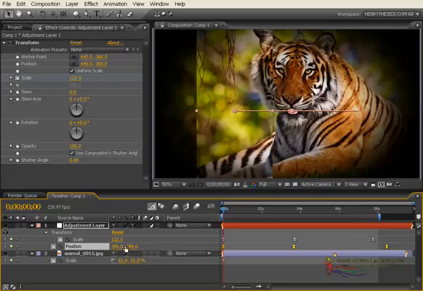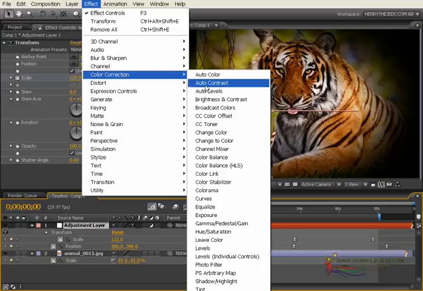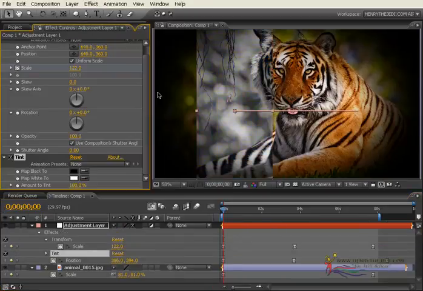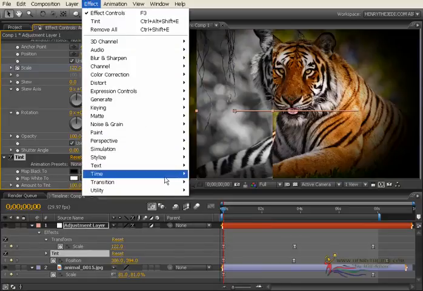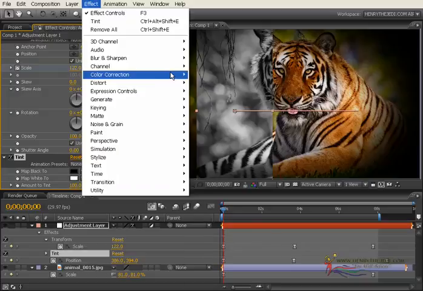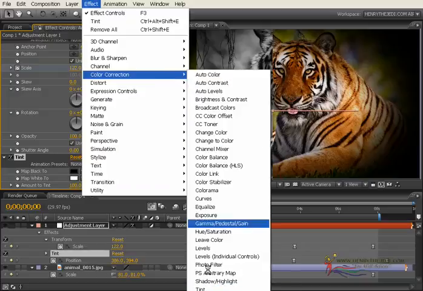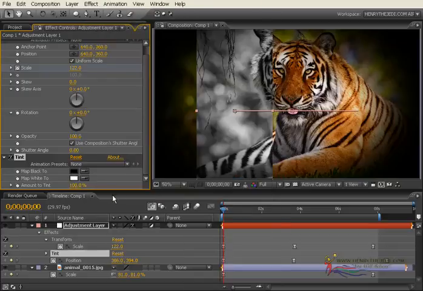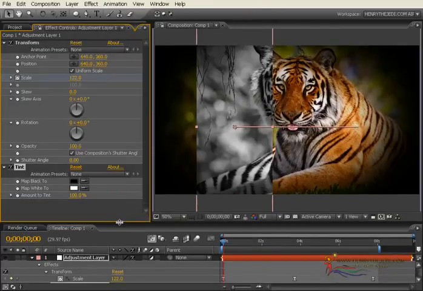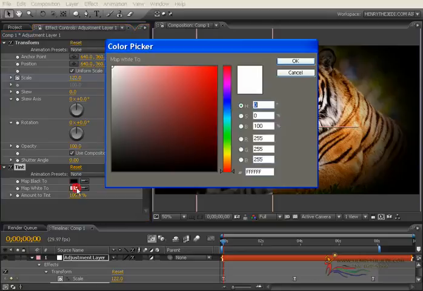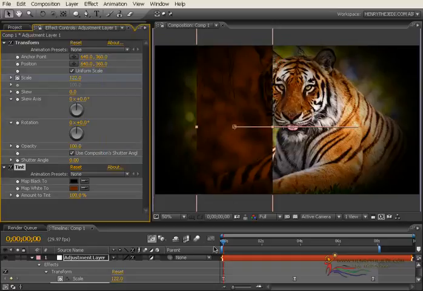Next we are going to color correct our adjustment layer by selecting it and then go to Effect, Color Correction, Tint. Okay, you might not see it on your monitor, but maybe that's because of my settings, but it's under Effect, Color Correction, Tint. It's a bit off your screen right now, but don't worry, it's the tint just below the shadows and the highlight, okay? And then we are going to change the map to white color to a sort of orange brown color, like that, okay?